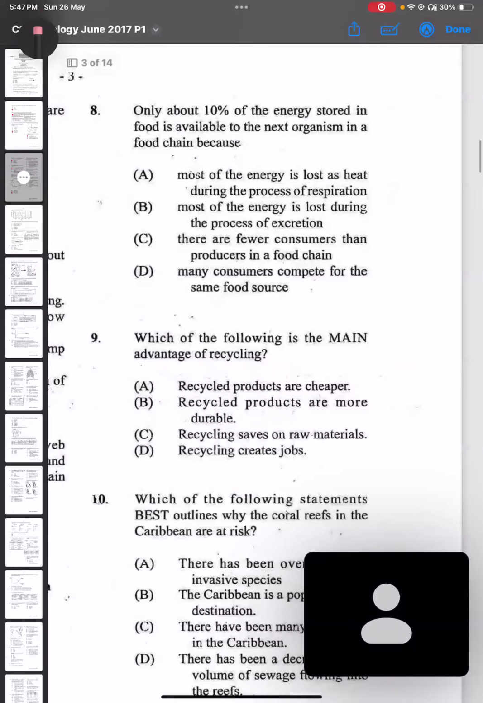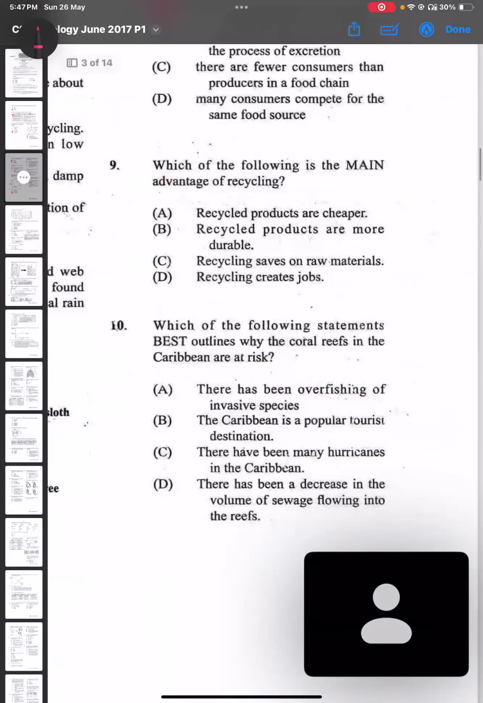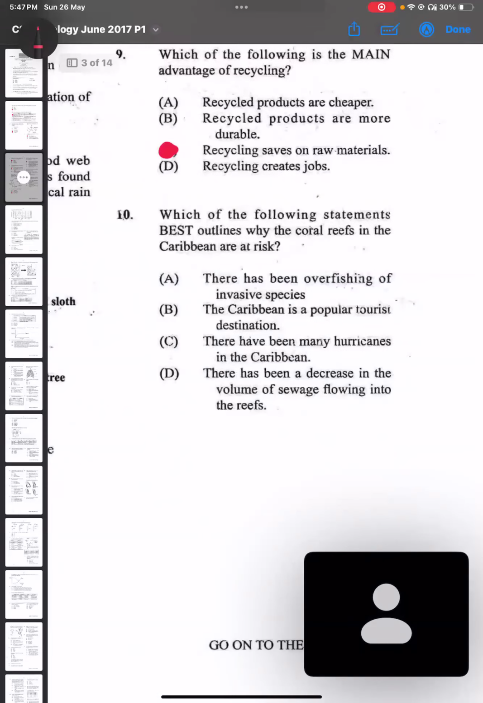And then number 8, we know our answer for number 8. Answer is A. And then number 9 is asking what is the main advantage of recycling? Your answer is C. Recycling saves on raw materials, because when you're recycling, you're using these products as the raw materials to make new products. Number 10,